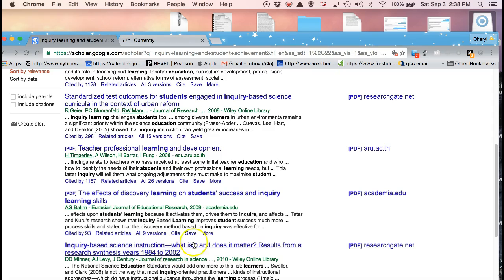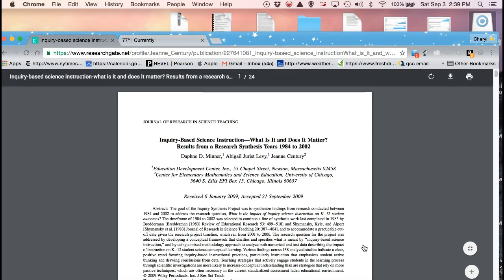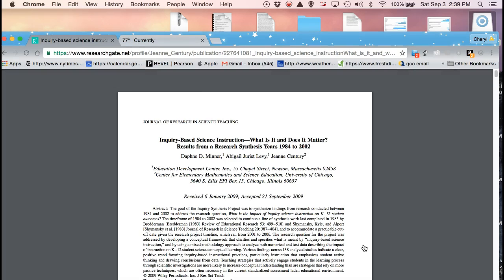And here you have something that's in a more well-known journal from Wiley Online: Inquiry-Based Science Instruction. What is it, and does it matter? Results from a research synthesis from the years of 1984 to 2002. So if we click on it, you actually have the entire article. There you go. And you can read through it and see what these various authors